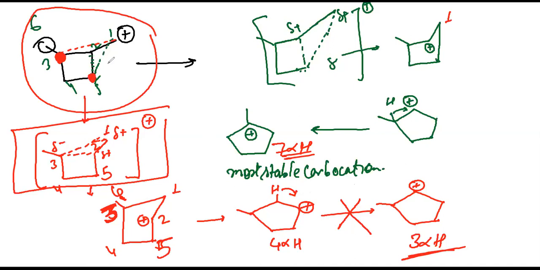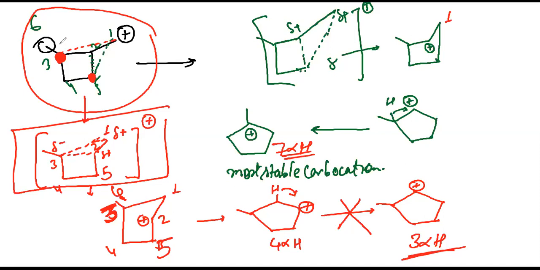And yesterday I told you one thing. If you wish to keep your carbocation closer to someone, will you migrate that, or will you keep it with you only? We will keep it with us. So if we want the carbocation to be closer to CH3, we will never expand from the CH3. We will always expand from the opposite side. Is this thing clear?